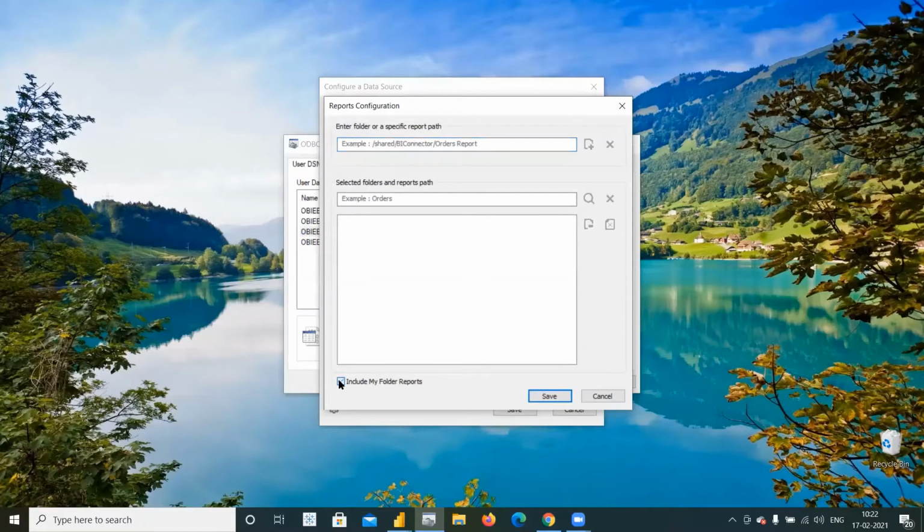But if I'm not checking this, and if I'm leaving this empty, then you'll have no access to any report in Power BI. So if you want to include your folder reports, you can include them. And if you want to connect to a shared report, then you can just share the path here. It could be a report path or a folder path. I'll show you both. So first I'm typing in a folder path.